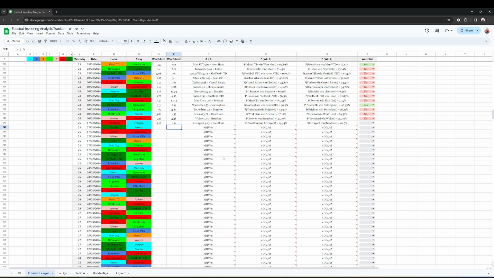I am expecting Arsenal away to be lower than 1.6 against Burnley, and of course they are. 10.58 for Burnley and 1.3 for Arsenal. So I think we are leaving both of these games alone. I think that makes sense here.